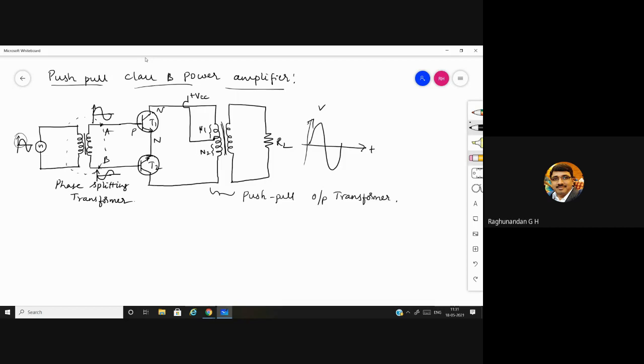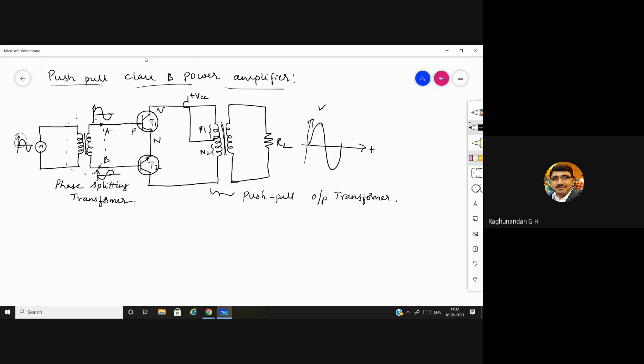Then during the negative half cycle, since transistor T2 is going to get the positive half cycle because of the phase splitting transformer, T2 will be turning on and T1 will be off. And since you can see that the collector is connected, the output will be delivered across the primary of the transformer. Once the outputs of T1 and T2 are delivered across the primary of the transformer,